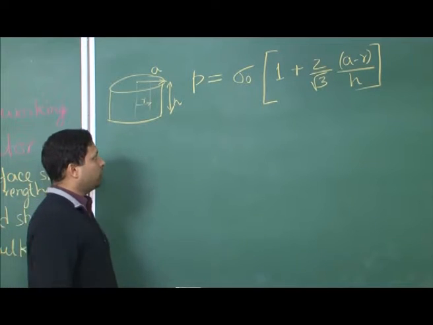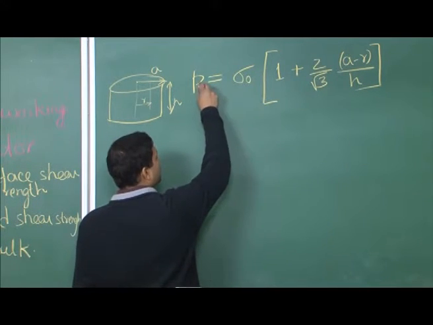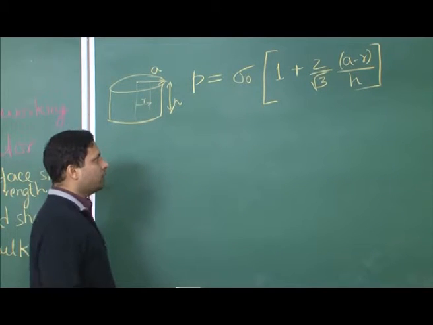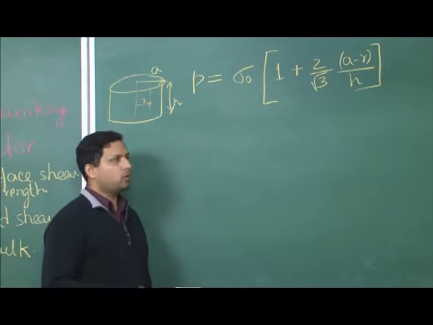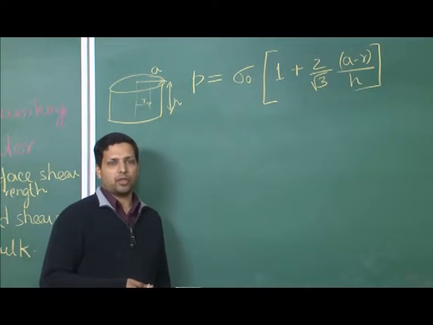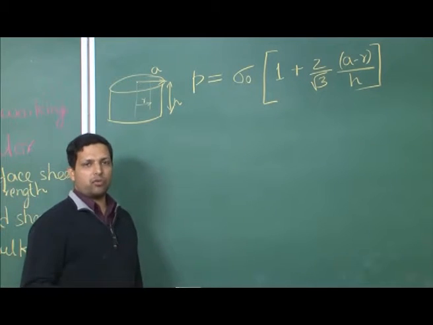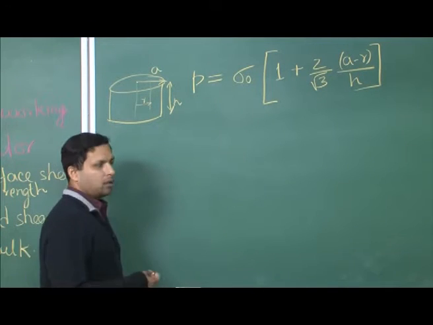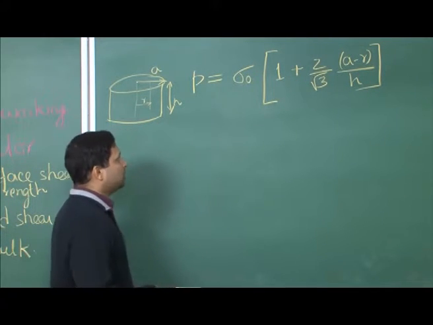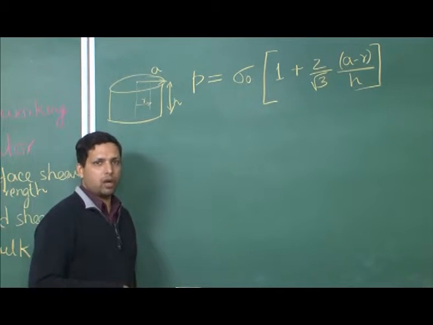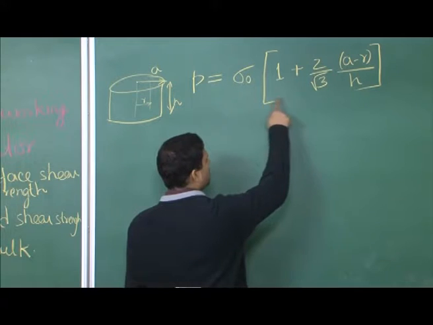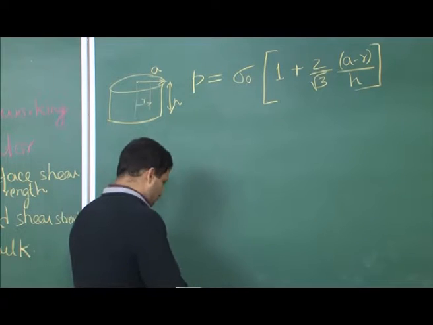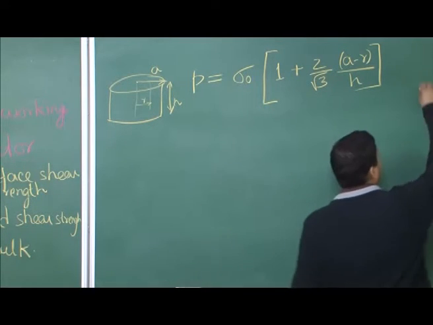Now, what do you notice? First thing you notice is that the form of the equation is very similar, not the same, to the pressure variation that you found when we were talking with respect to Coulombic friction, and that should not be surprising, because in both cases we are dealing with friction. It is just how you define it and which one is a more accurate model for the particular example. So, these two are not very far off, the form of the equation remains the same. The only thing is that pressure here varies linearly with R. Over there we saw it varied exponentially with R, and that implies that if you are looking at